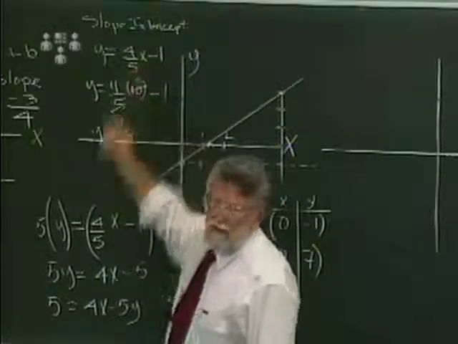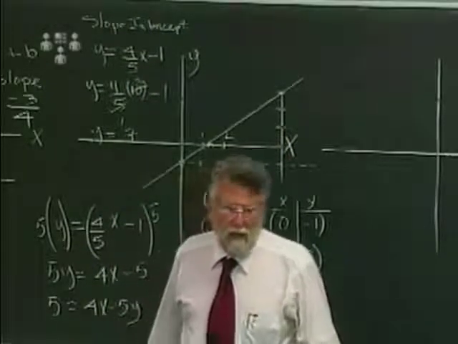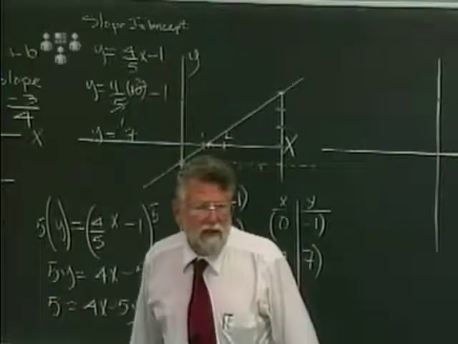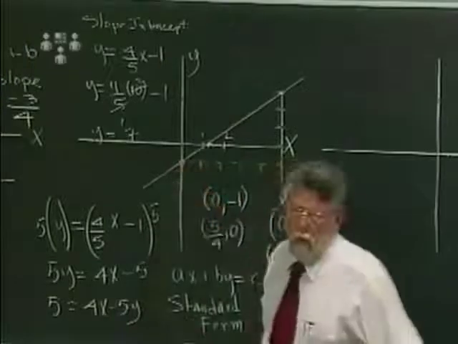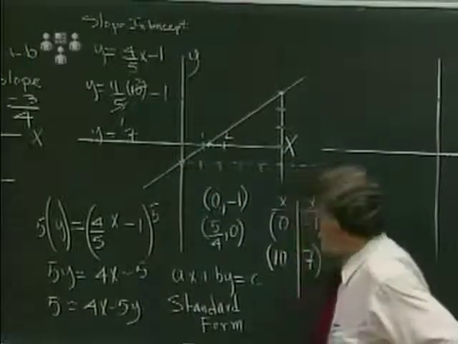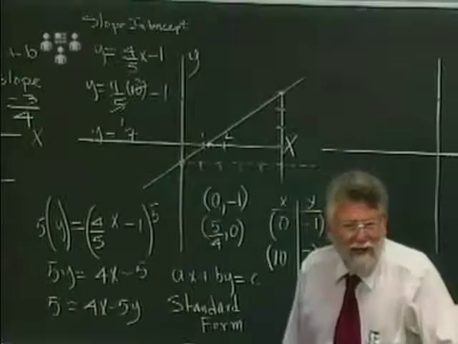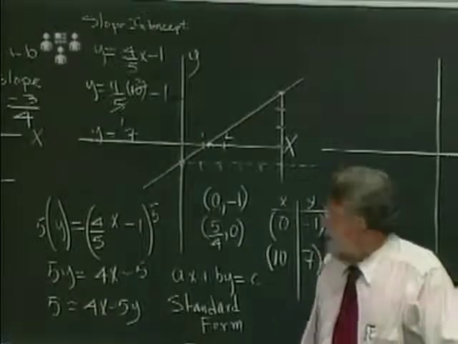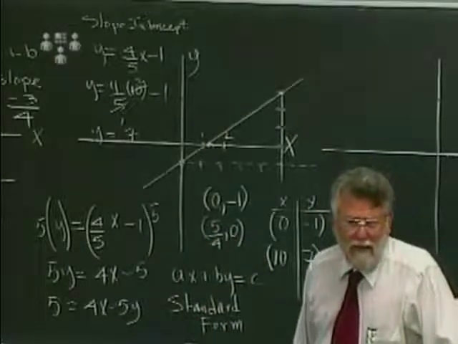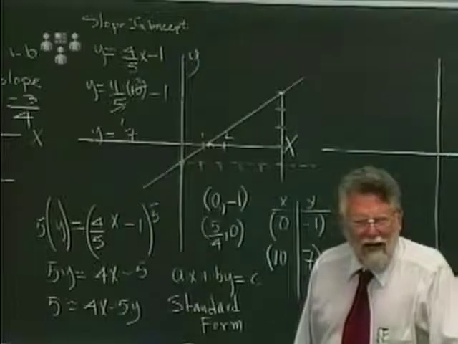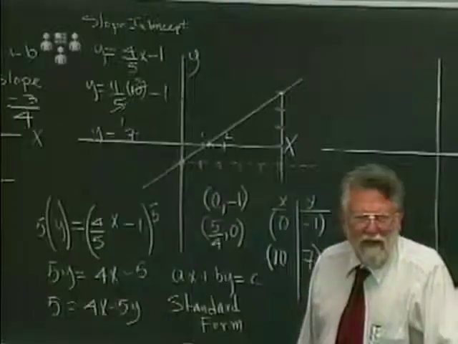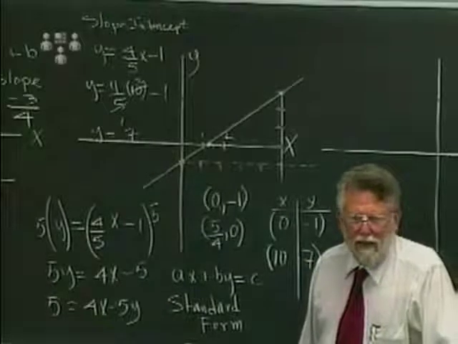Well, I start x at 0 and ask what's y. As long as I have a nice integer here, that gives me an intercept that's easy to graph. 0, negative 1 was really nice to graph. Now, if I run 5/4 to get the 0, that's the other intercept, then I've got to estimate 1 1/2, then half of a half to get 1 1/4, and that is a little bit dicey,